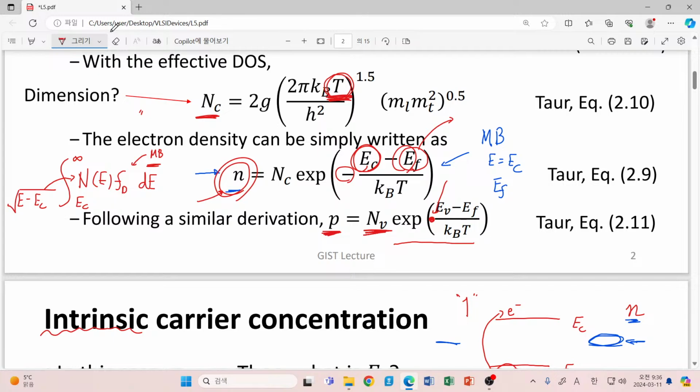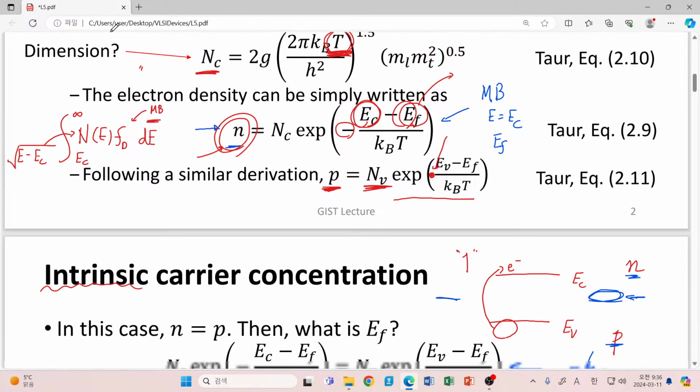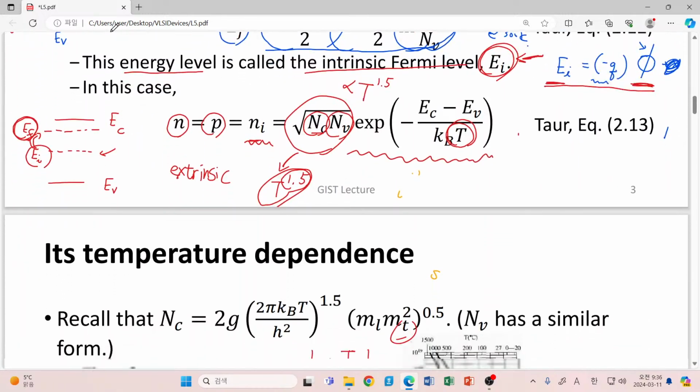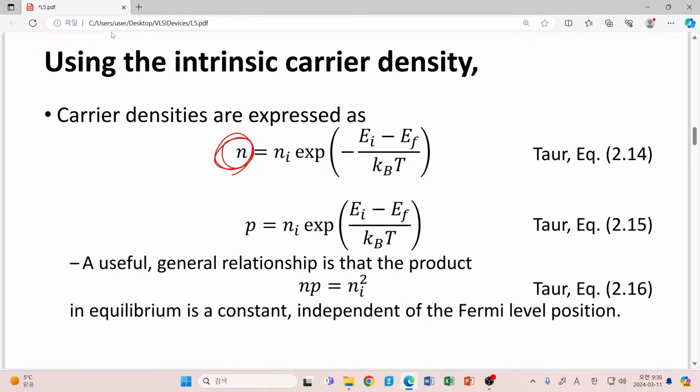EC minus EF was the input argument for calculating electron density, but sometimes it is more convenient to consider the difference between the intrinsic Fermi level and the Fermi level. So what is the difference? Previously we had the difference between EC and EF, and it is now written as